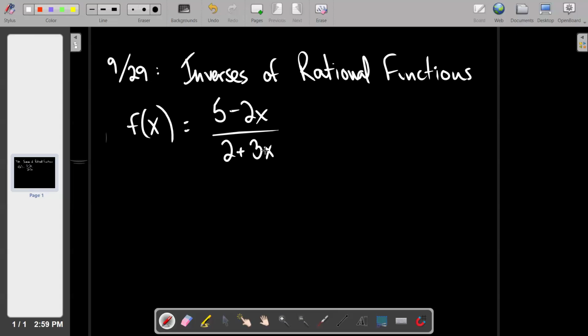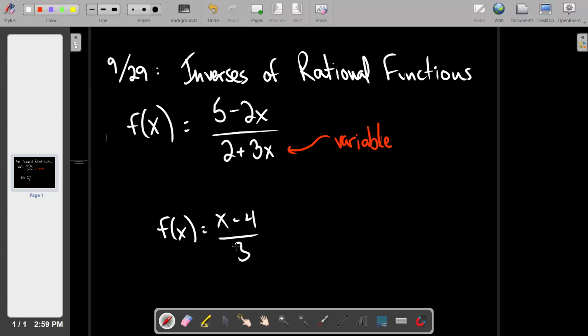A rational function is not just a function that has a fraction in it, to be clear. Like an exponential function is not just any old function that has an exponent. To be exponential, your exponent has to contain a variable. To be a rational function, the bottom of your ratio has got to have a variable. So I don't intend to mention this too much more beyond this point. I just want to make sure you're clear that if I put a function up here like this,